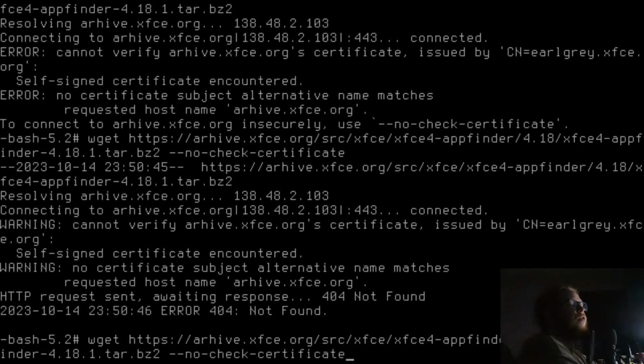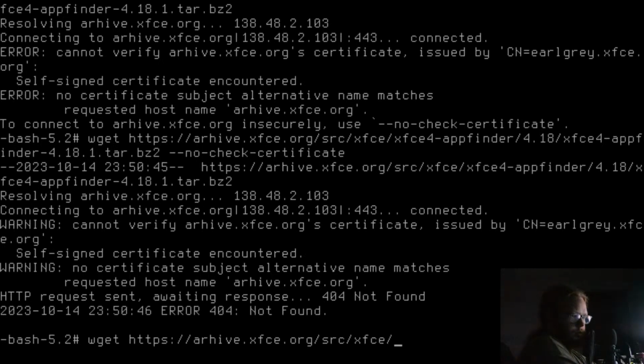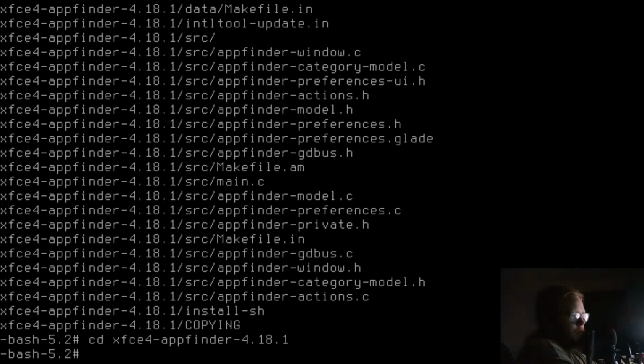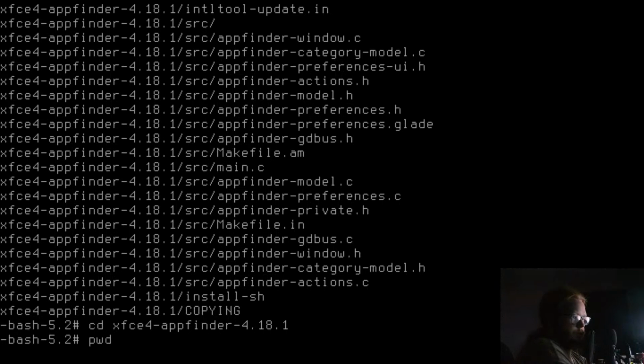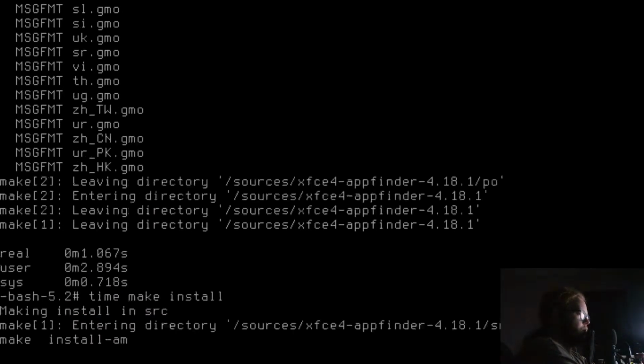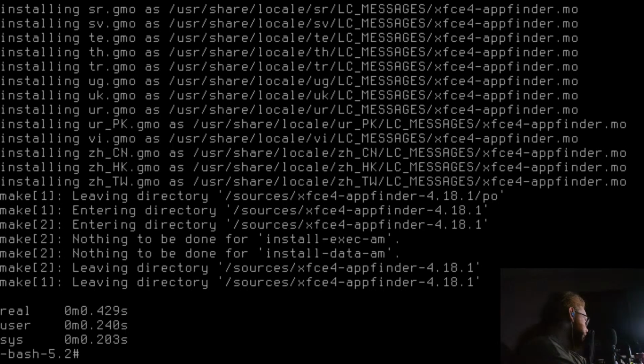Oh, that's why, because I'm an idiot. archive tar -xvf xfce4-appfinder, cd xfce4-appfinder, prefix user, and time make -j30, not -j6, -j30, and time make install, because I know you want to say it there. I know you want to say it, mate.